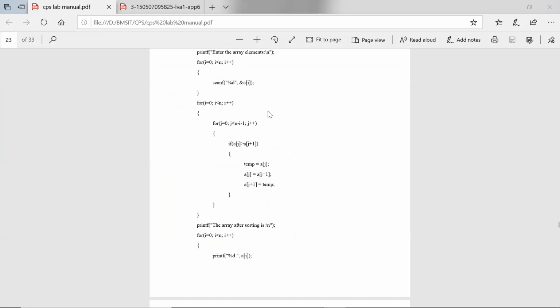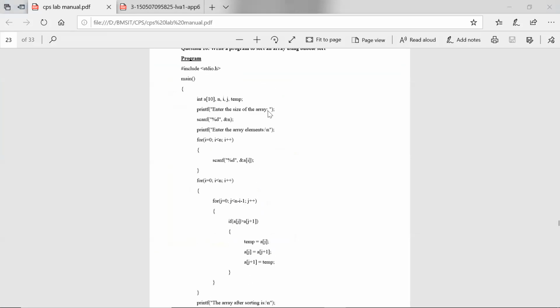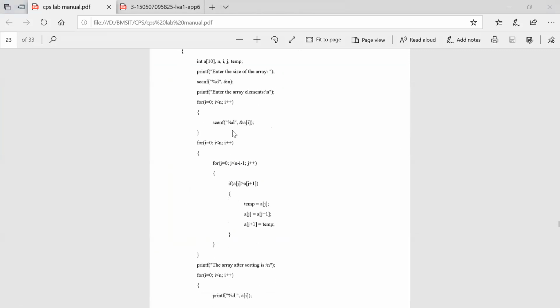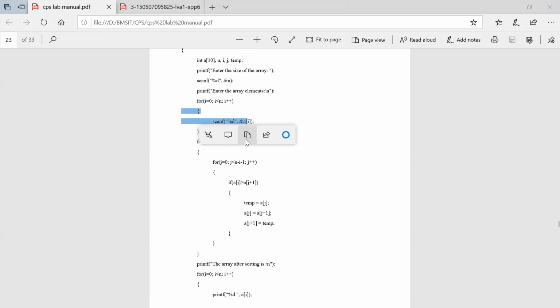So by using this bubble sort, we are going to sort the given set of elements by reading the size of the array, and after that the array elements we have to read, and we have to decide the number of passes. That is 0 to n minus 1 passes. 0 to n minus 1 means less than n only, and for each pass how many comparisons depends upon which pass you are in.